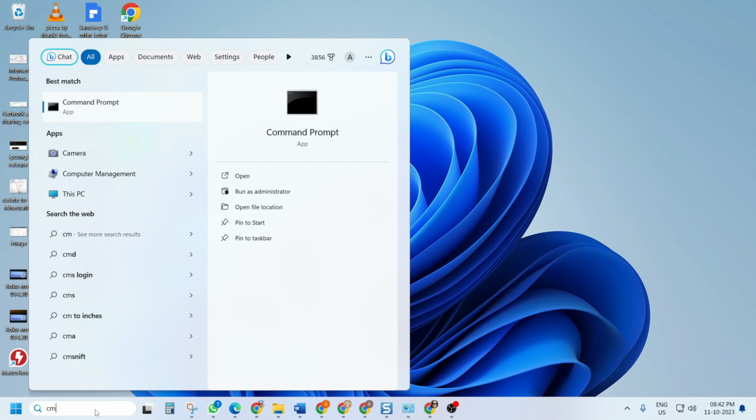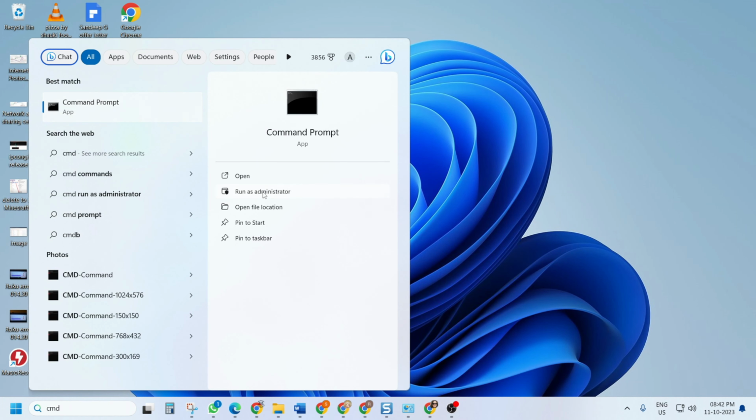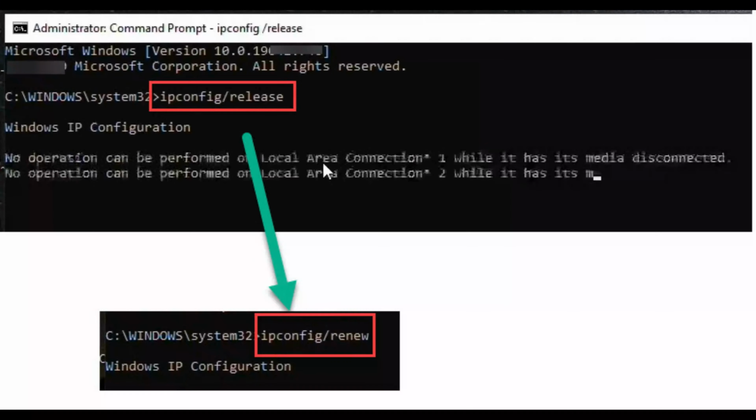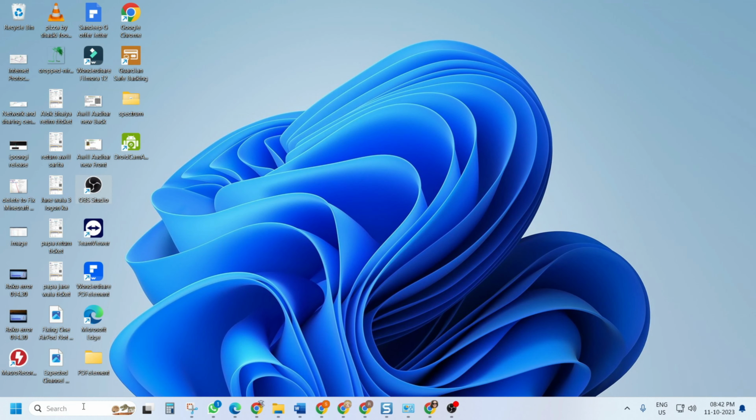Fix 2. Renew the IP config. Open the command prompt as an administrator. Type ipconfig /release and press enter. Next, type ipconfig /renew and press enter. Type ipconfig /release. Renew the IP config. After doing this,